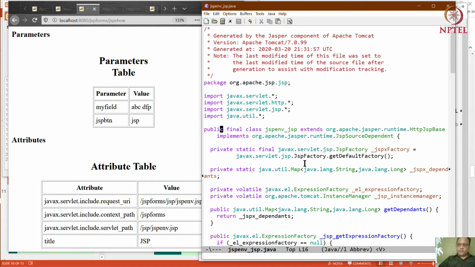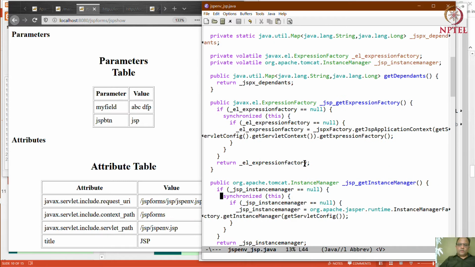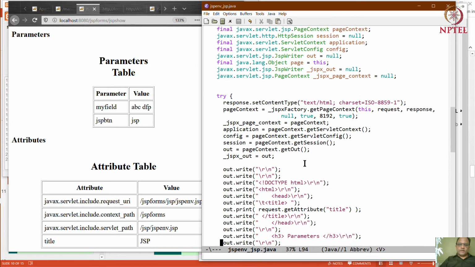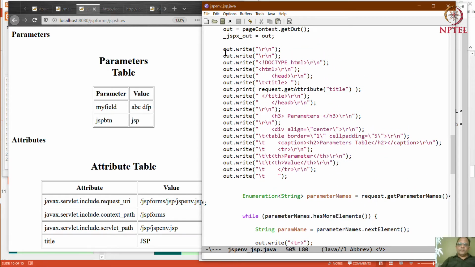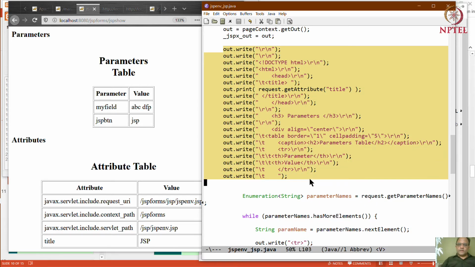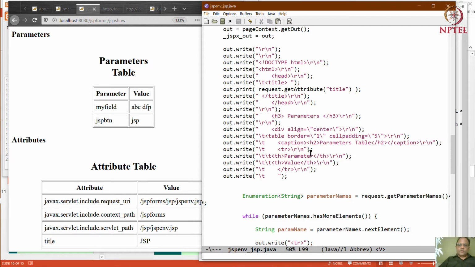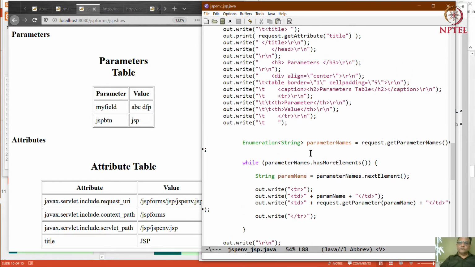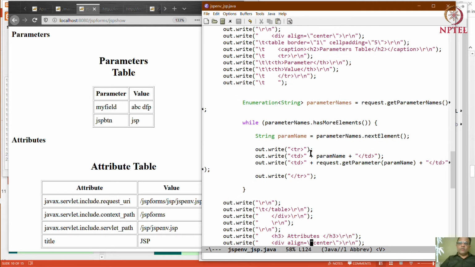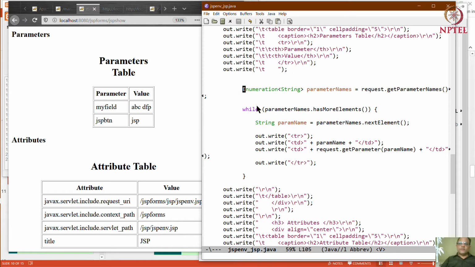So this huge generated thing with a bunch of outright, etc., tab /r/ and whatnot. And this is our code, which it takes and puts straight in the middle.